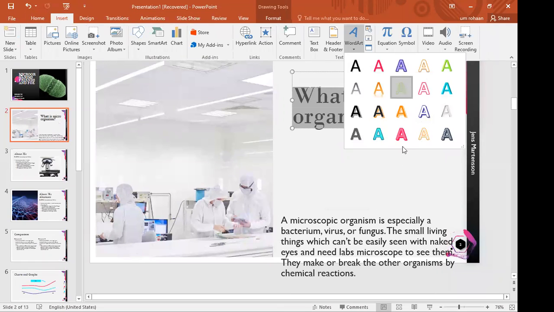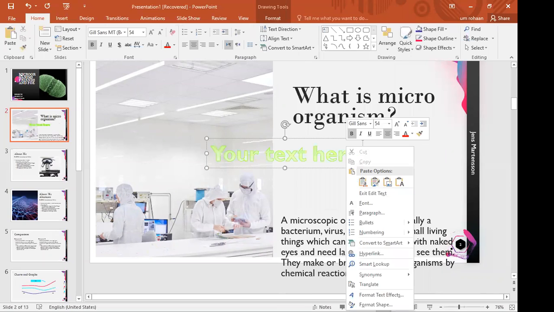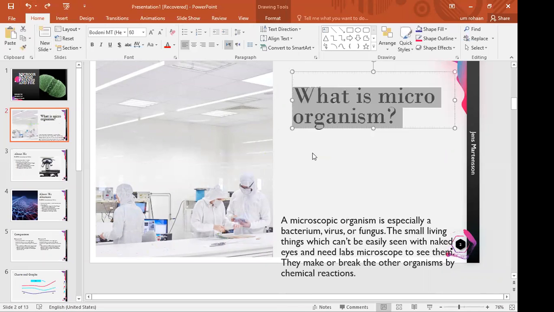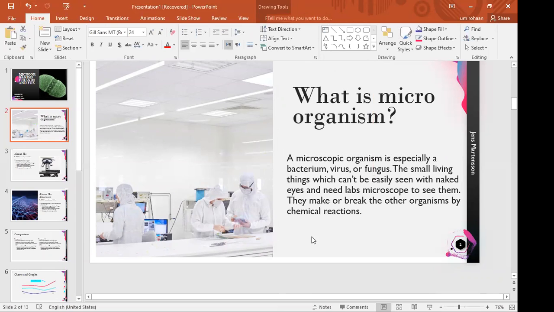You can use this word art, but only if it is new, otherwise no need. Okay. I'll go back. So this is how you will add one more slide. Okay, now here, what is microorganisms? If you want to change this picture, change it. If you don't want to change, no need to change. Write anything which suits your definition.